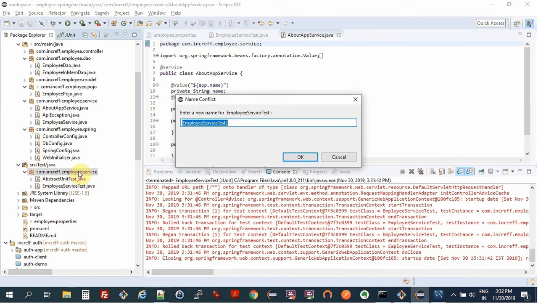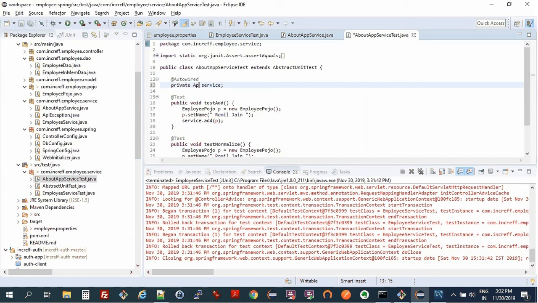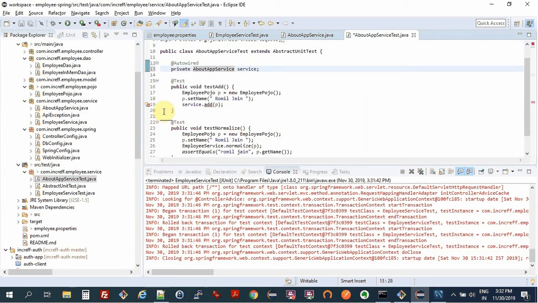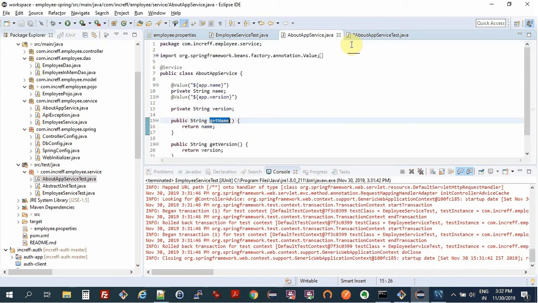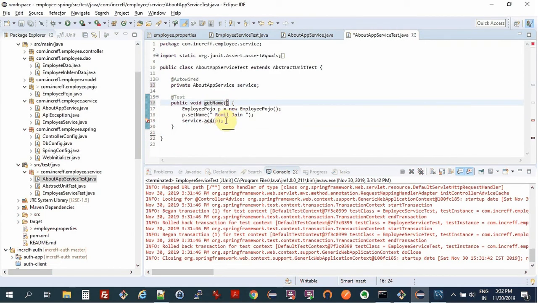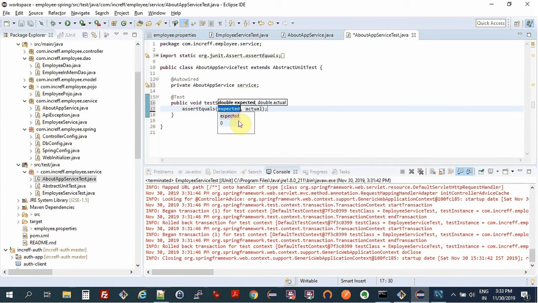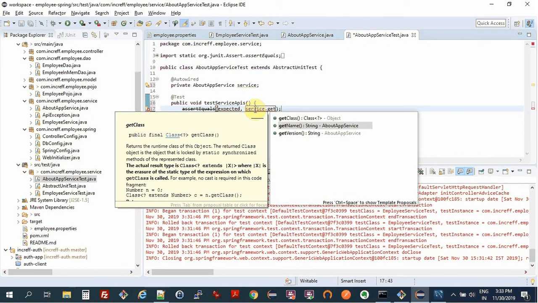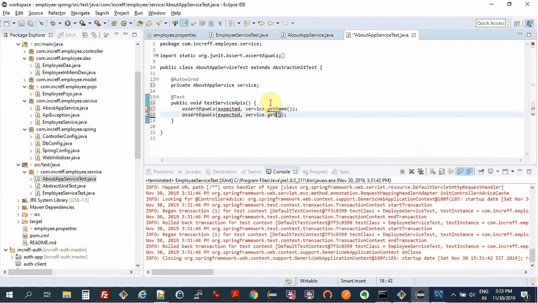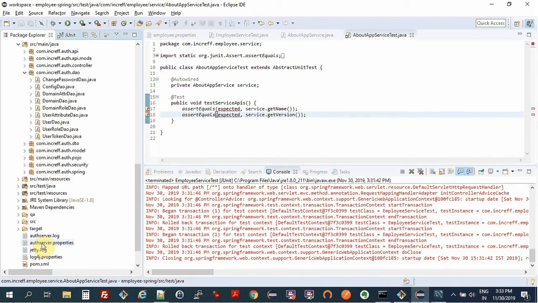And I can add an about app service test, and here let's just add this service, and let's say we want to do test get name, and just do test service APIs, and I can do assert equals service dot get name as something, and service dot get version as something,